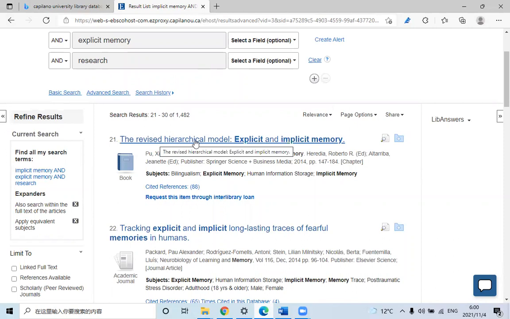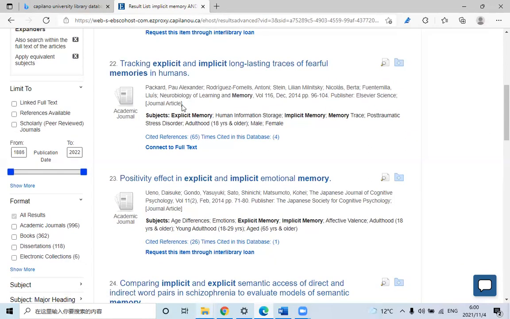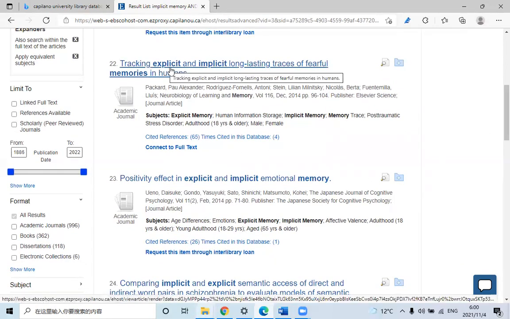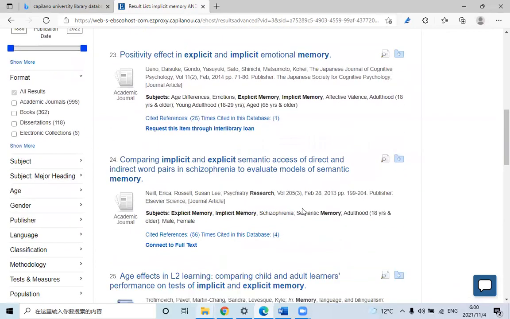The revised hierarchical model, explicit and implicit memory. This seems to be a book. Yeah, a book is too long. I don't want to read a book. Tracking explicit and implicit long-lasting traces of fearful memory in humans. Yeah, this sounds really interesting. They are studying fearful memories, and it could be explicit or implicit. Potentially interesting. Let's move on, but